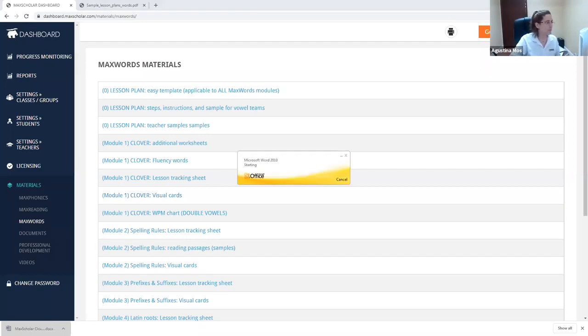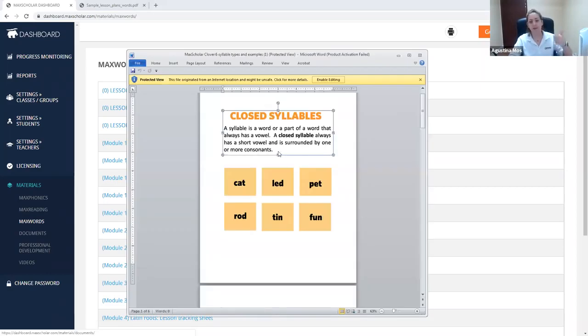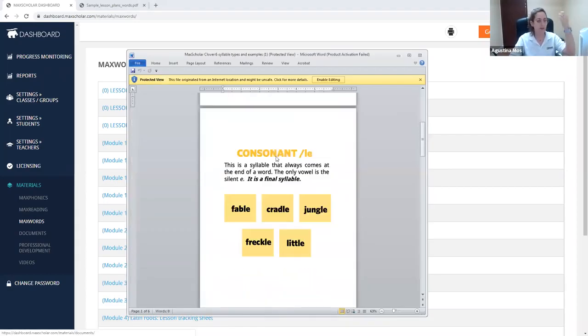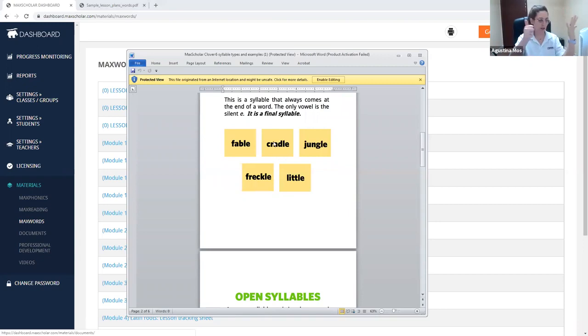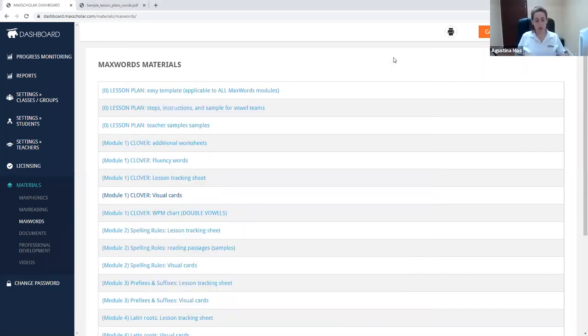Where did it go? There we go. And it's 6 pages. So one is for closed syllable, then consonant LE, then open, vowel teams, silent E, and R control. Those are the 6 sections of Clover. So what I want to do at this point is just go through all my cards for each of those